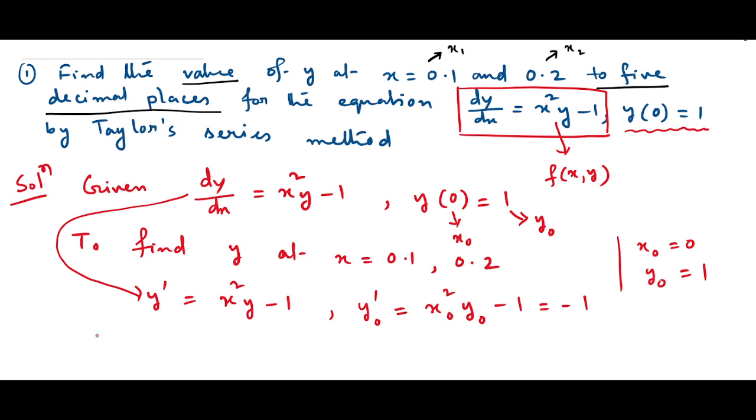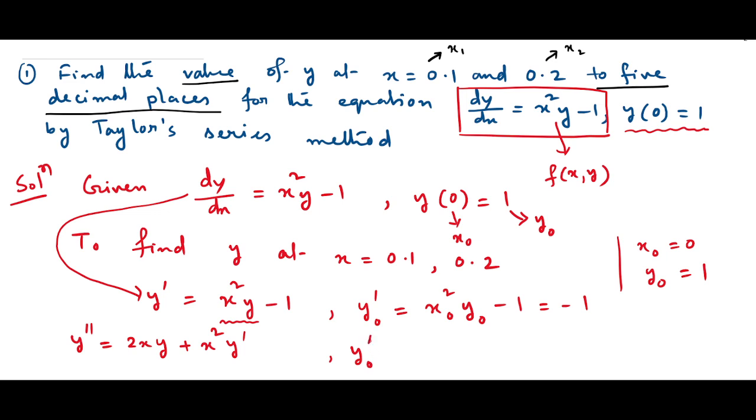Now let us find y double dash. These are all class 11 derivatives. See, the first term is a product, so we use the UV rule. First is x square and then y. So we differentiate this part using the UV rule. Differentiate x square first, it becomes twice x, and y remains the same. Next we keep x square as it is, and the derivative of y is y dash. Finally we have minus 1, and since it's a constant, its derivative is 0. So this is our y double dash.